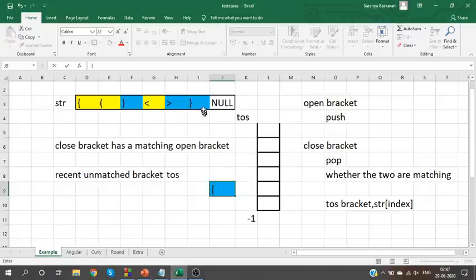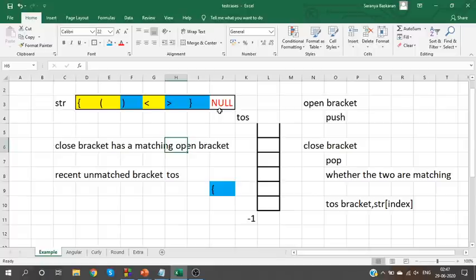Both are matching, so I don't have any issues. I'll go to the next index. What is present at the next index? Null is present at the next index, which means the process will stop here. Until I reach null, I didn't find any issues at all. There was no problem with any index, which means this will not throw any compilation error.